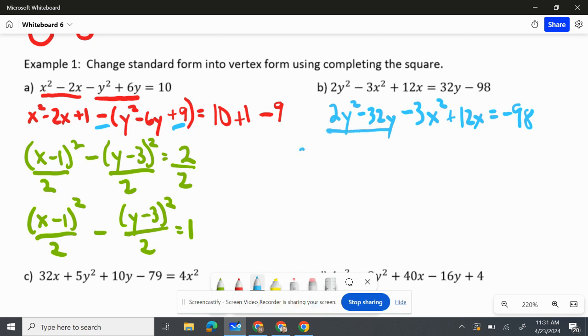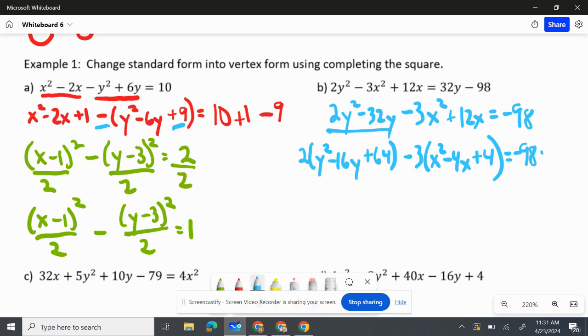Factor out a 2, and that gives me y squared minus 16y. I'm going to take the negative 16 divided by 2 and square it, and that gives me 64. I'm going to factor out a negative 3, and that's x squared minus 4x divided by 2 and squared. That gives me a 4 equals negative 98 plus